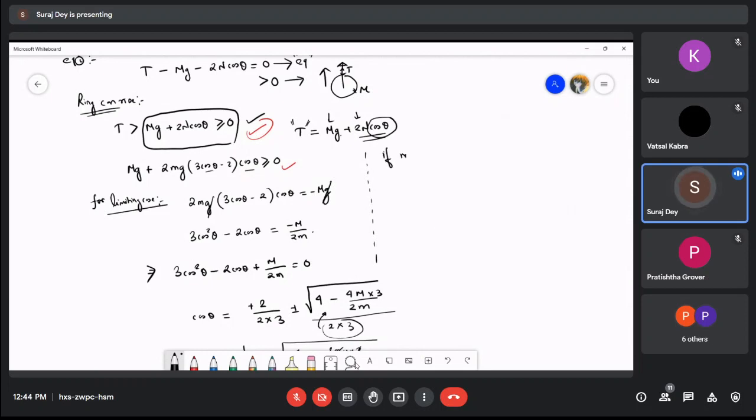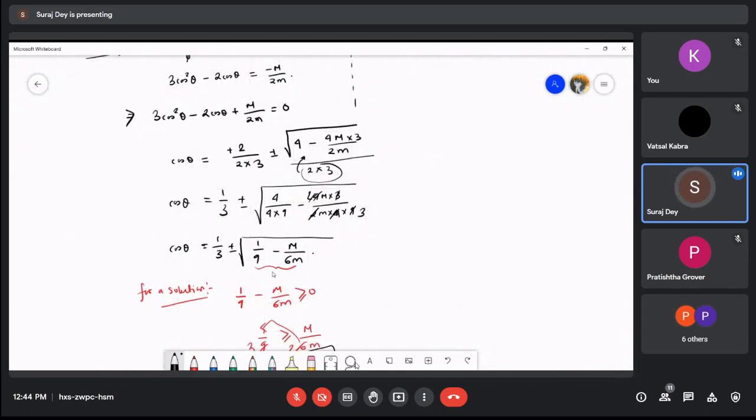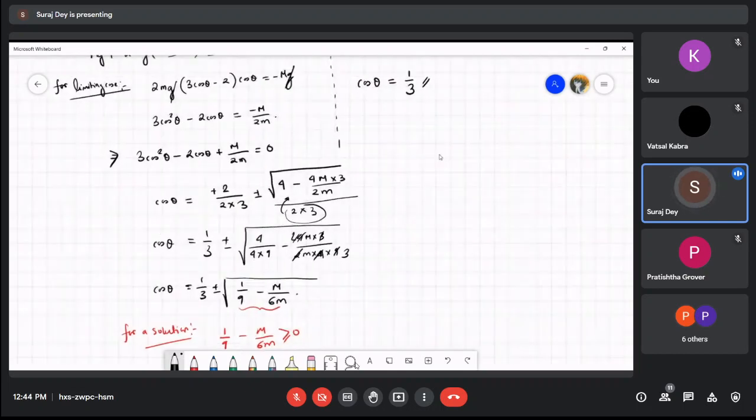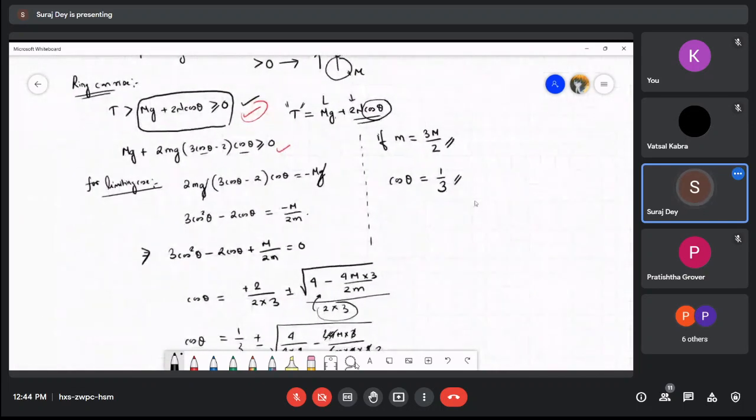So if, for example, this was exactly true, then the square root will vanish, and for this condition you have cos theta exactly as 1 by 3. Now, when will this limiting condition be true? So again, if you look at this setup,